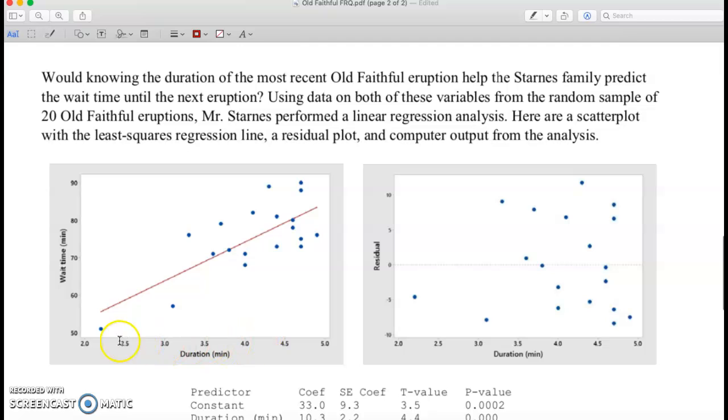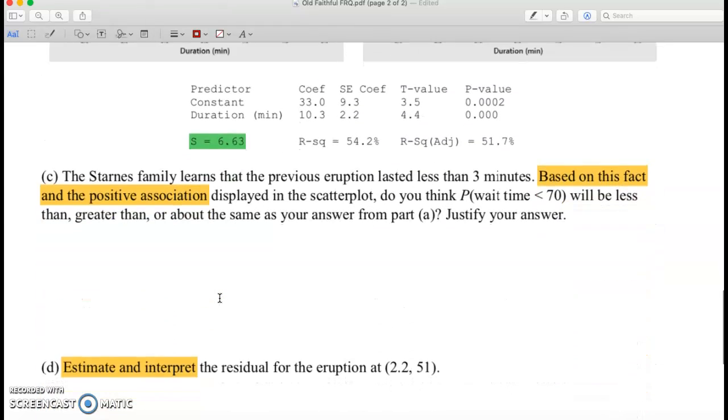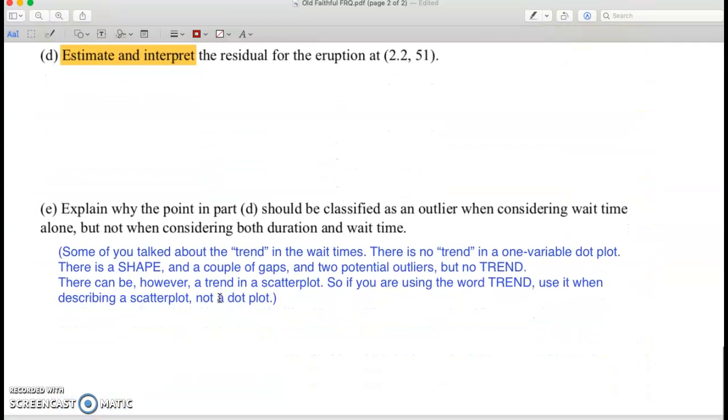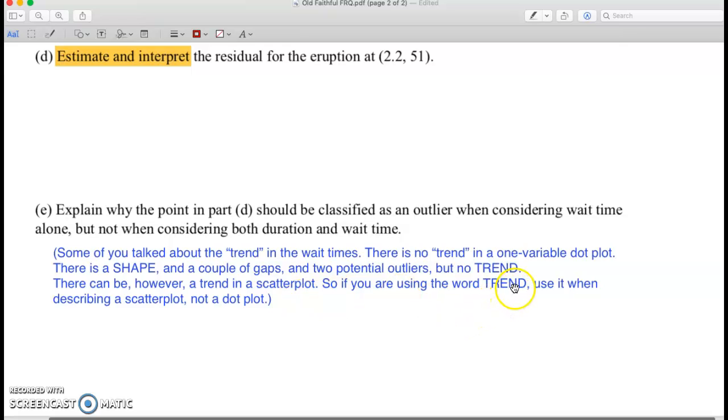And especially maybe if you had elapsed time, like 1 minute, 2 minutes, 3 minutes, or years or something, and you could see how there's a trend over time of something. So don't use the word trend with a dot plot, but you would be able to use the word trend with a scatter plot. So that's just a quick run through of that problem and some of the common mistakes that I